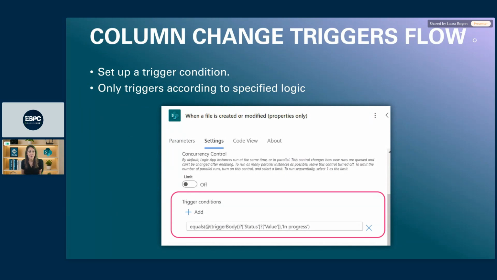So in this example, it says, sorry, Laura, there's another question in there. I think it's on the last one. How about a lookup column? A lookup column is going to have a special syntax too, since it's one of those complex columns. Usually with a lookup column, you have to provide the ID and the value, those two different pieces of data. I just don't have that syntax written down in my slides, but yes, complex columns like lookups and people columns are going to have different syntax than when you're setting the field values. Yep.